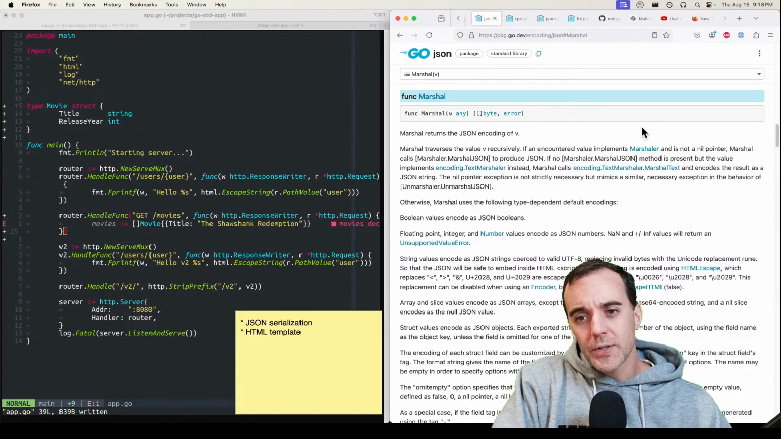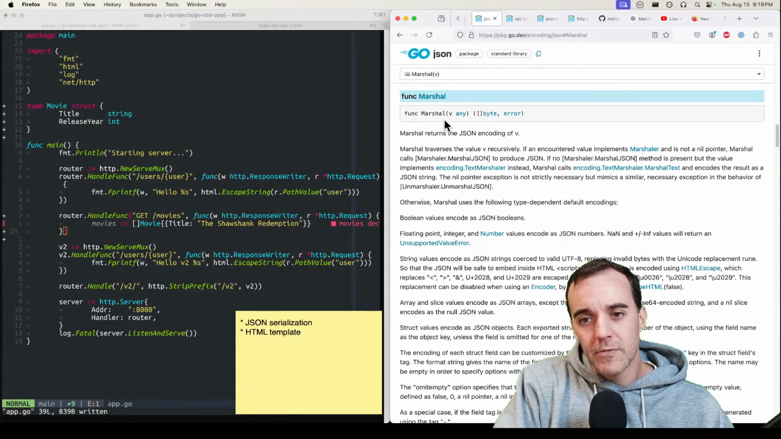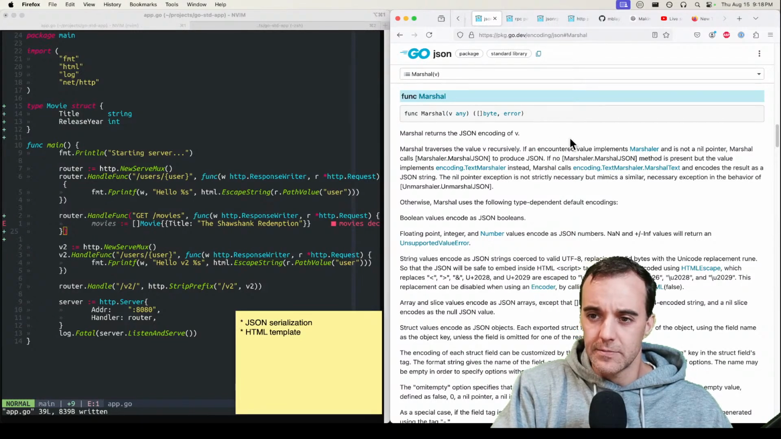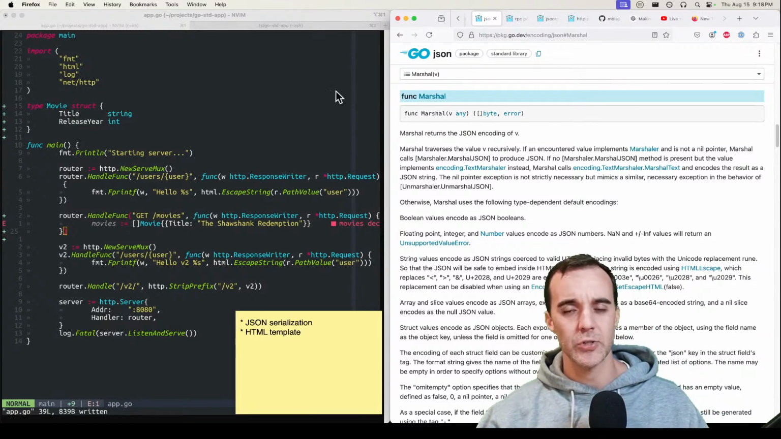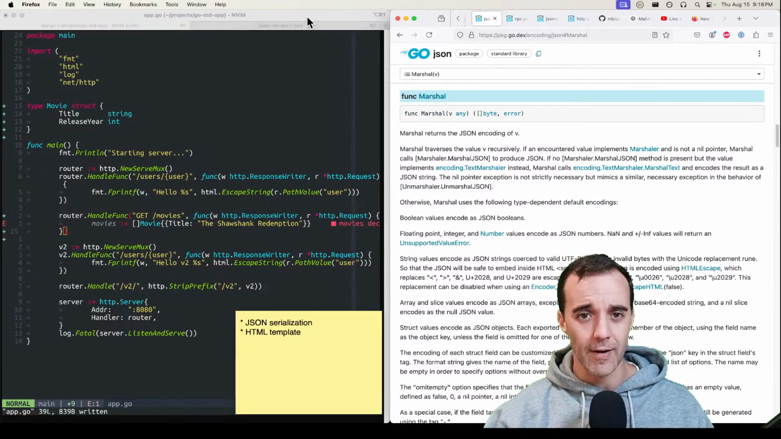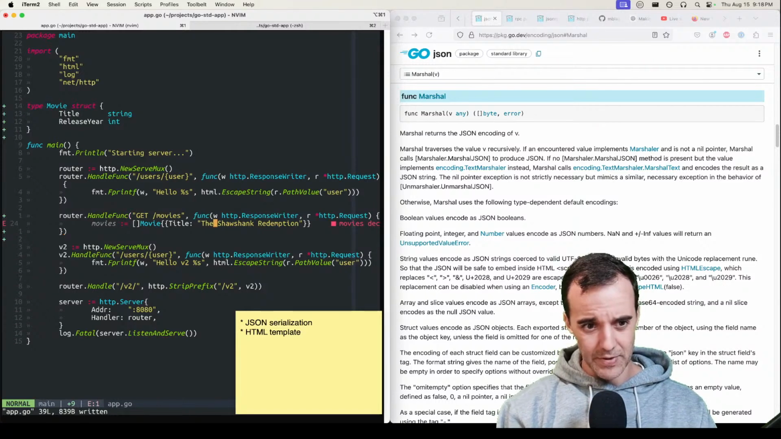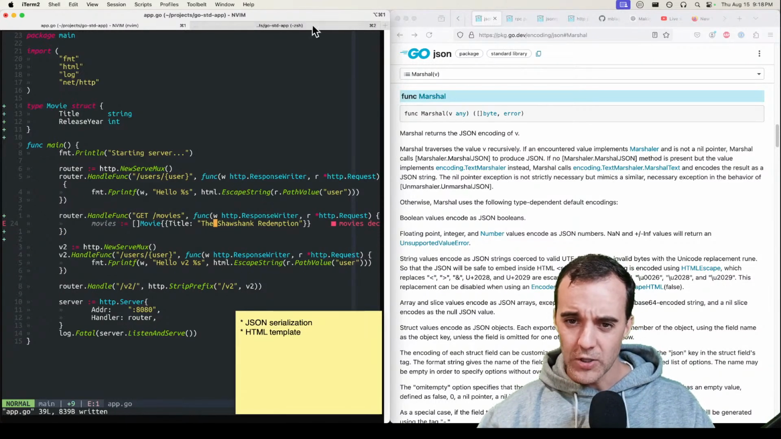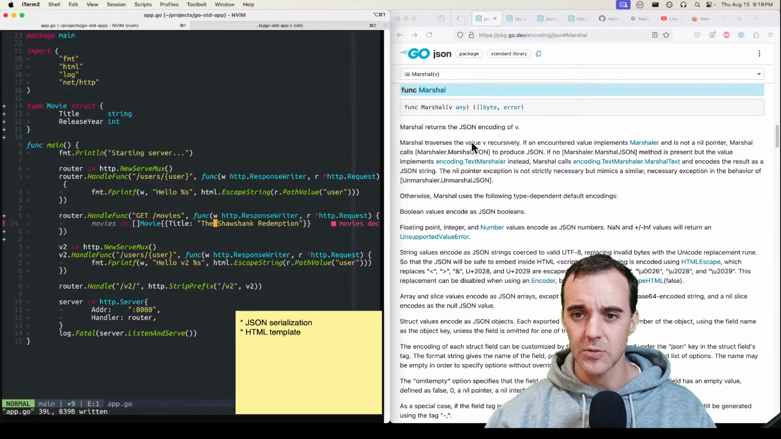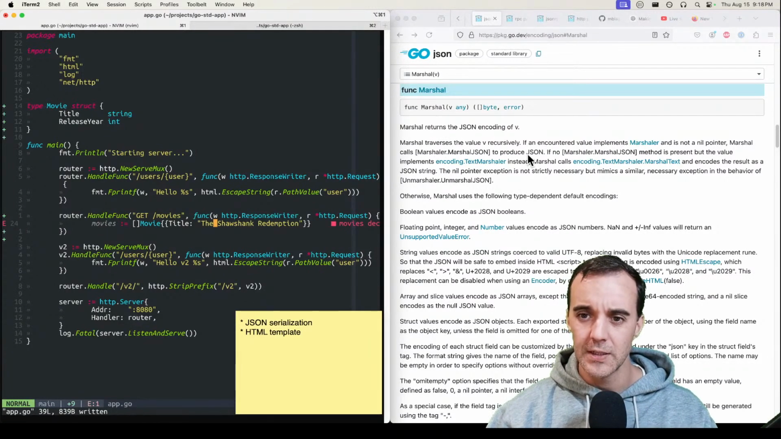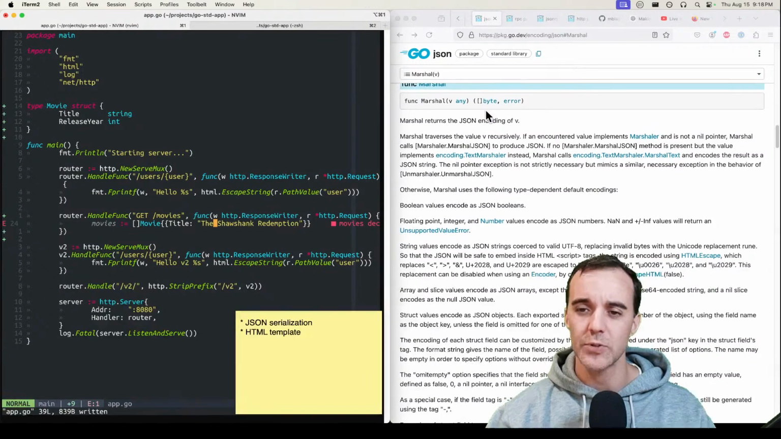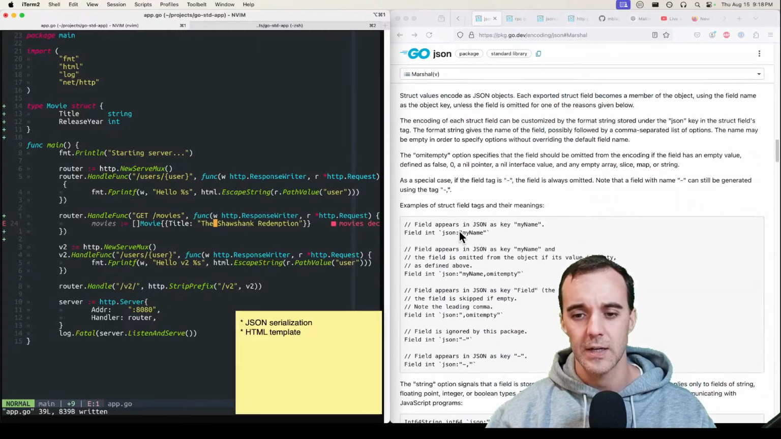So Marshal returns the JSON encoding of v, any. Marshal reverse, and it returns either a byte array or an error. We're not going to worry about errors so much in this stream. You really should worry about your errors, but I'm not going to. So the question is, if we've got an example like this that's using Marshal that takes an input object, where is it marshalling to? Oh, I guess it returns the byte array directly. So maybe that's why they didn't want to do this, because